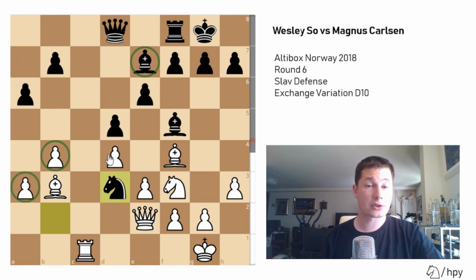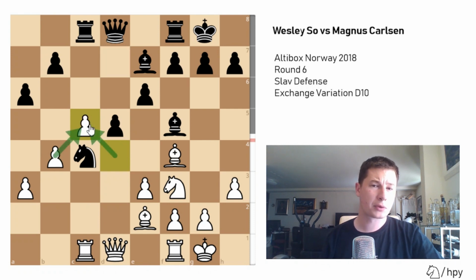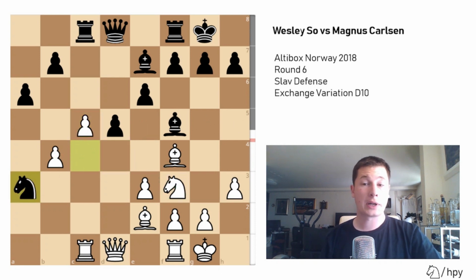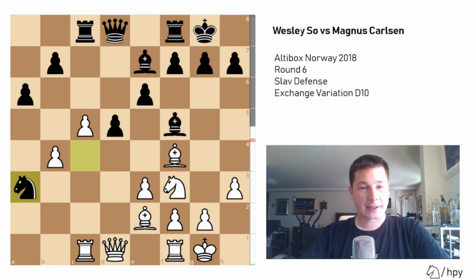Even though this pawn structure is favorable for white, I don't think it compensates enough for the loss of the bishop pair. So after knight takes c5, we have d takes c5, of course capturing with the d pawn, capturing with the b pawn would be too weak, and this also gives squares for the white knight to enter the position more comfortably. Now knight takes a3, Magnus wins the pawn temporarily, but this temporary pawn sacrifice was actually a